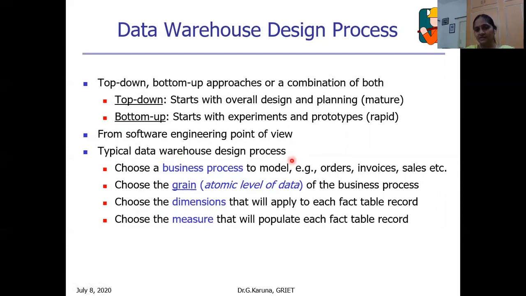A typical data warehouse design process mainly identifies the business and which model is suitable for that business. For example, is it inventory, orders, sales, or stock exchange? So identify the business model. Then what is the atomic level of data? What are the very minimum, basic elements of the data, the grain level? So we have to identify the business process. Then select the dimensions. How many dimensions are required for that particular business? And what are the various kinds of metrics we need to use? Facts. What fact tables are required? So we have to remember these for the designing process.